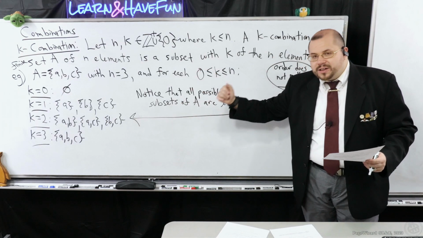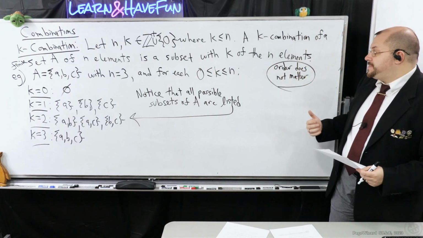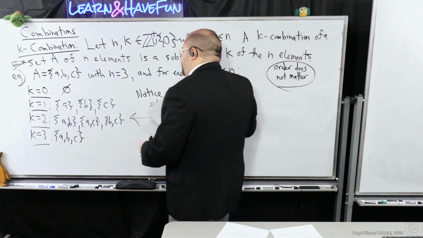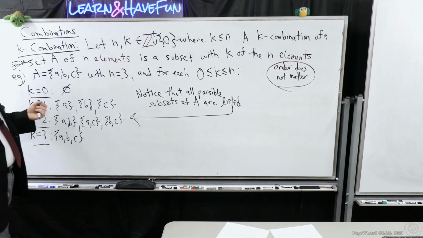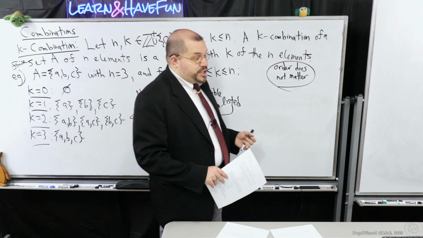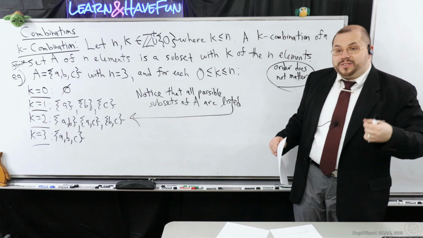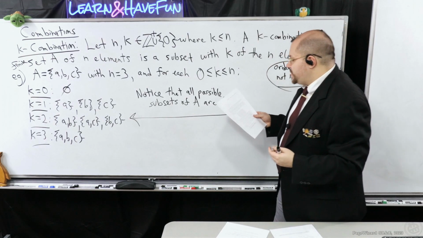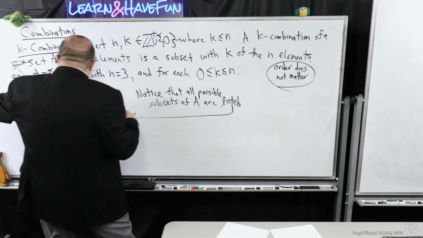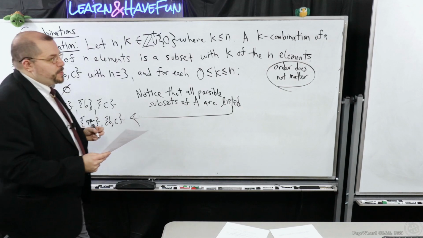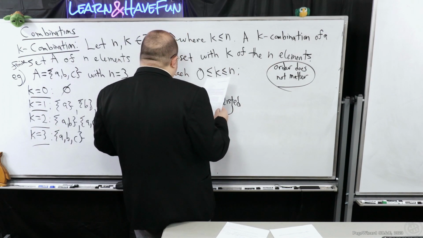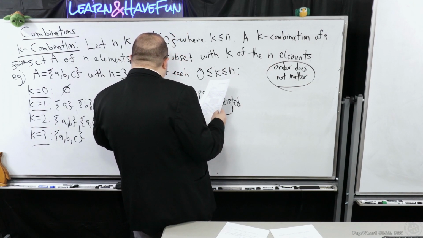These are all the possible subsets of A. So if I go over each value of k over this range, and I determine the k-combinations for each k, I end up with every possible subset of A. But if you take all of these and perform a union operation on each one of these buckets, suppose I listed out all of these and I throw them all into one super bucket, this actually is what we call, taken together,